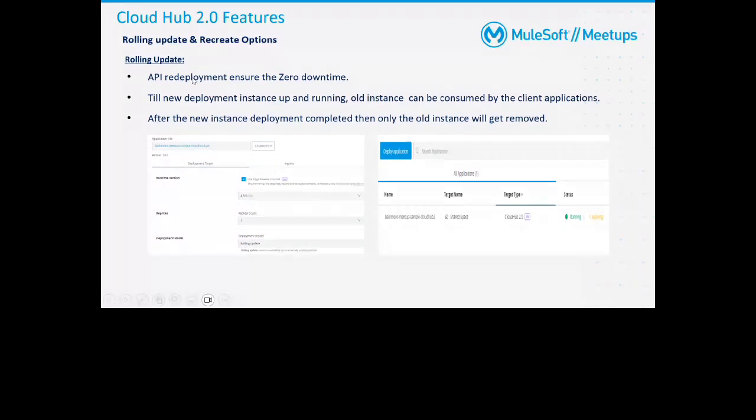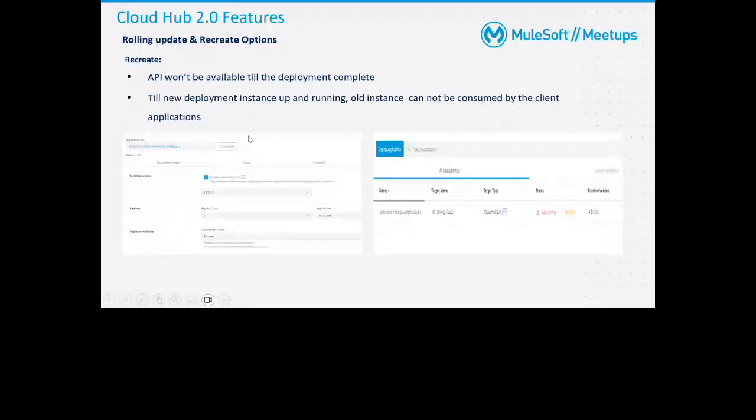Okay. So in 2.0, they have just created an option for us: rolling update or recreate. So actually, the usage of recreate, let's say, comes where